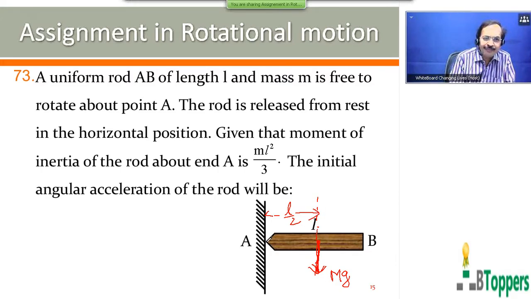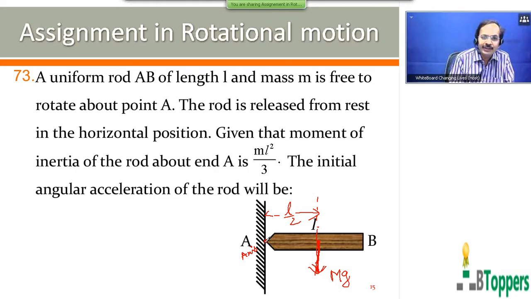So the rod is pivoted about the end A. That means the rod is free to rotate about the axis passing through the end A. The axis is perpendicular to the plane of the diagram and passing through the end A of the rod. So the rod will of course experience some force at the end A by the support, but the moment of